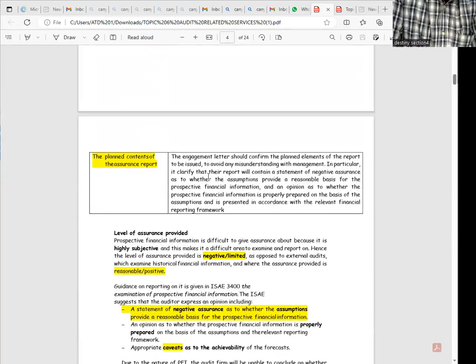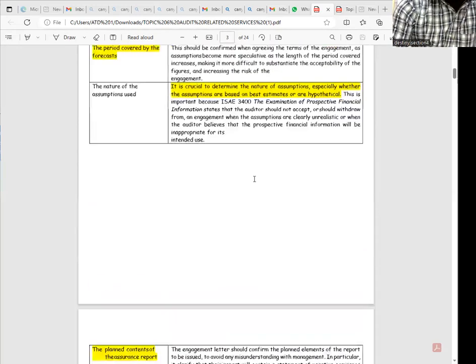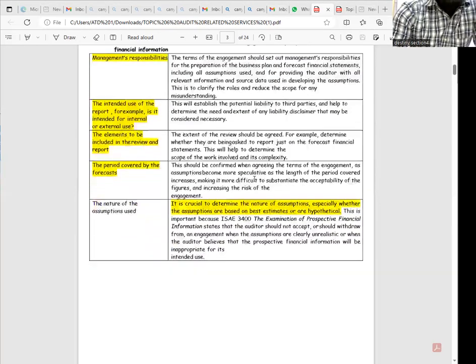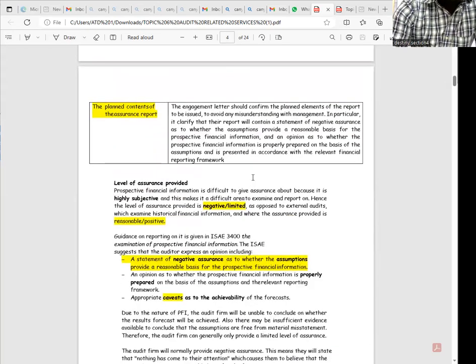The last one is the planned contents of the assurance report. The engagement letter should confirm the planned elements of the report to be issued, to avoid any misunderstanding with the management. In particular, it clarifies that the report will contain a statement of negative assurance, that is, limited assurance as to whether the assumptions provide a reasonable basis for the prospective financial information, and an opinion as to whether the prospective financial information is properly prepared on the basis of the assumptions and is presented in accordance with the relevant financial reporting framework. So those are the matters that shall be covered in the engagement letter for this case of a review of prospective financial information in accordance with the International Standard on Assurance Engagements